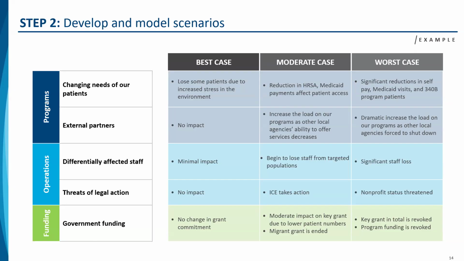In some cases, you might be able to even quantify the impact in each scenario. For example, what are the total dollars we might lose? What would be the total impact on patient volumes for this nonprofit? And that can also be helpful. Again, not an exact science, but just to get a ballpark of largely what do we think the worst case is. And if you get to a version of that that's 80% correct, that's more helpful than being in a place of it being totally unknown. So once you've described the impact of the scenarios, thought about how that's going to play out, you're ready to move to step 3.